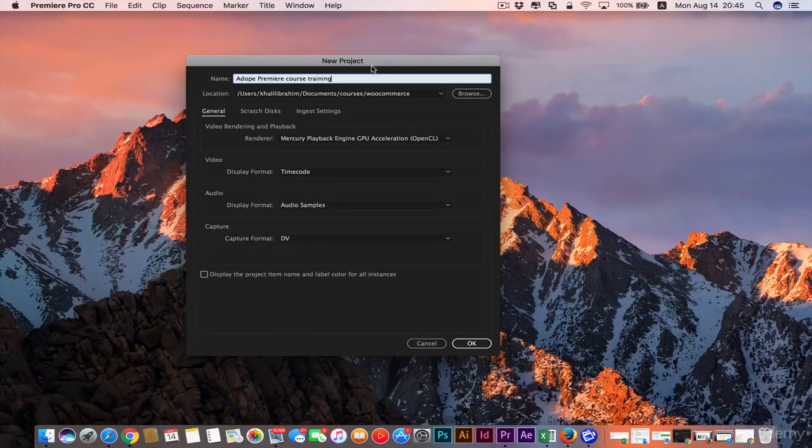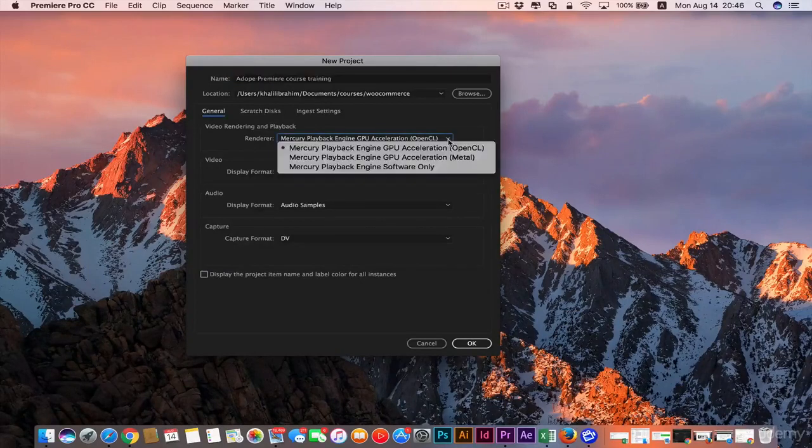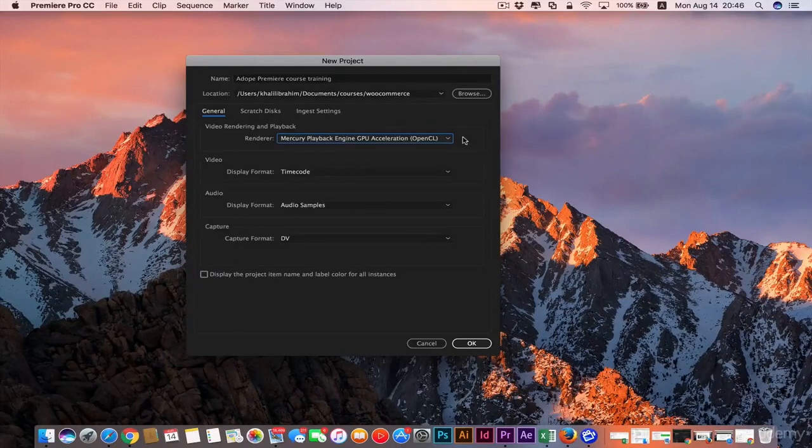And here we have our general settings and scratch disk. You're gonna choose that one. If you have a powerful computer, you're gonna choose GPU acceleration, OpenCL. And if you have a regular one, you will be on that one by default, and it's gonna really matter only if you're using large 4K files. Okay, and for the video format, display format, we're gonna leave it on timecode because that one is gonna be used for